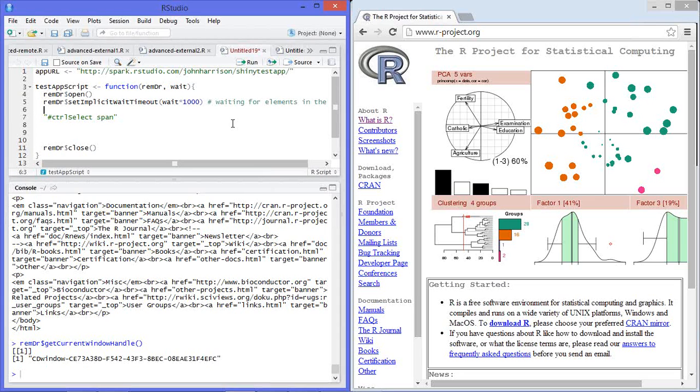And then we want to navigate to our app. So we're going to navigate to whatever particular URL our app is on. So we better have a third argument which gives the app URL. Okay, now the first thing I want to do